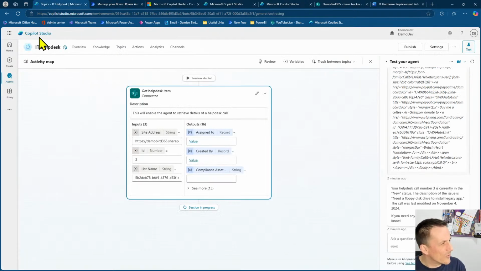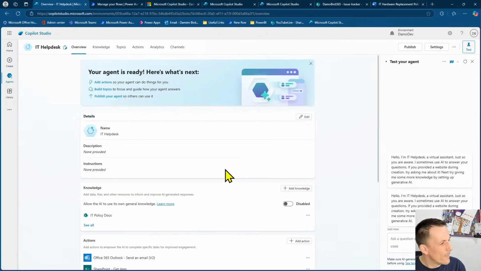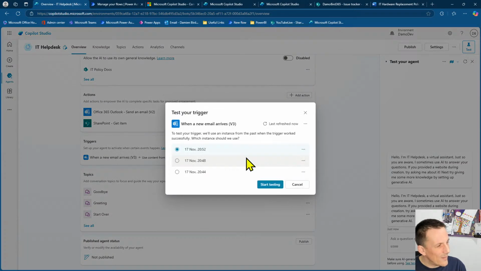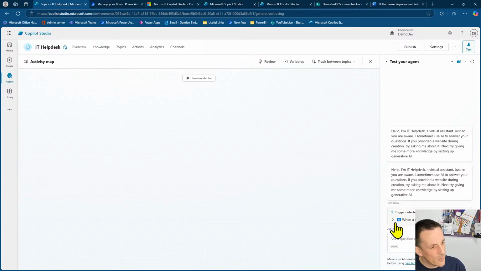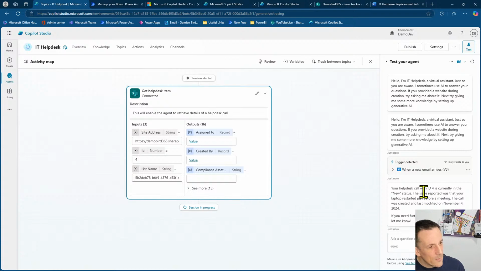If I jump back across here, and if we refresh, go into the overview, back down to triggers, we can go to test trigger, choose the one from just now, hit start testing, and then we should be able to see the test interface down the bottom here unfold. Your helpdesk call ID 4 still not sent an email. Well,